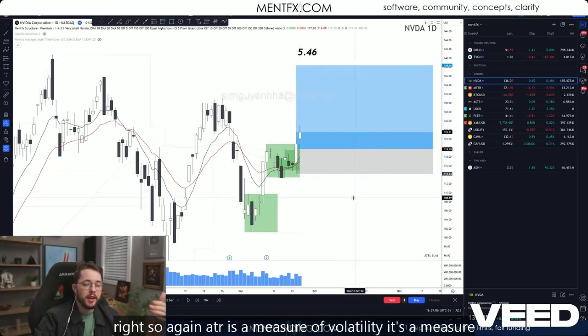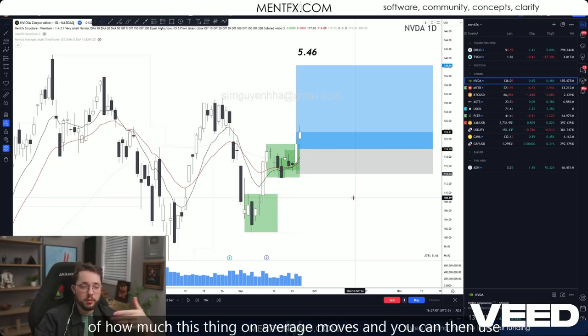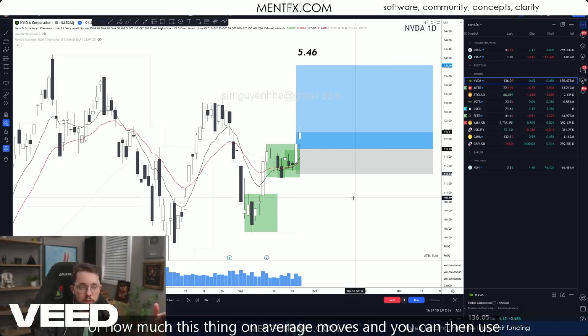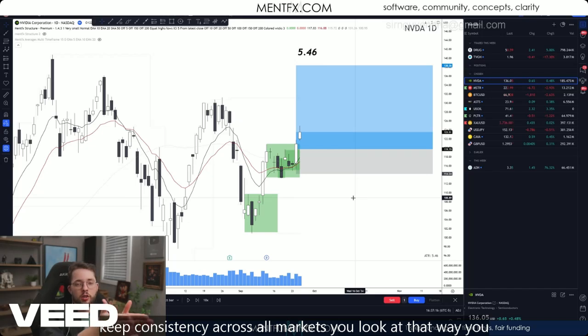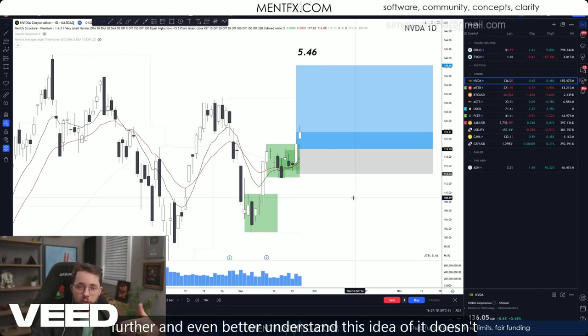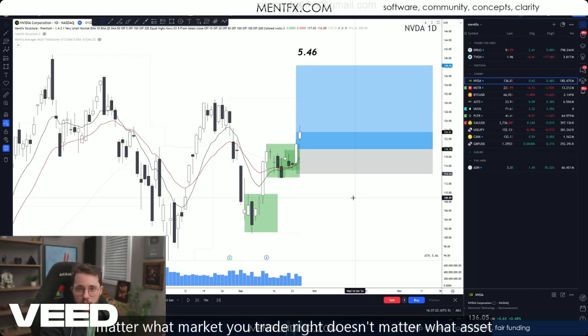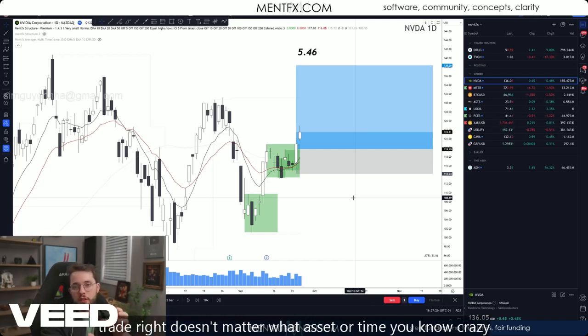So again, ATR is a measure of volatility. It's a measure of how much this thing on average moves. And you can then use that to actually decide what your stops are going to be to keep consistency across all markets you look at. That way, you further and even better understand this idea of it doesn't matter what market you trade, right? It doesn't matter what asset or time frame you trade. Instead, it matters the move itself, the way the orders are coming in, and in this case, the volatility of